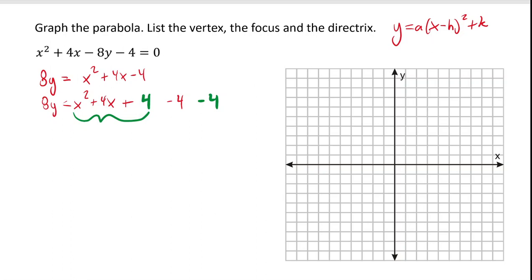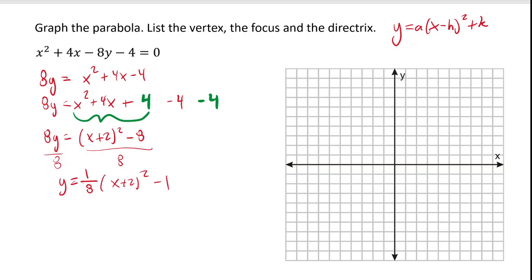Now, what does this enable? Well, 8y equals, the whole point of doing this completing the square was being able to rewrite this perfect square trinomial as a perfect square of binomial. And then we have minus 8. And we just want to solve for y, so we divide everything by 8. And we'd have this. y is equal to 1/8 times (x plus 2) quantity squared minus 1, which gives us everything we need to know, because the vertex